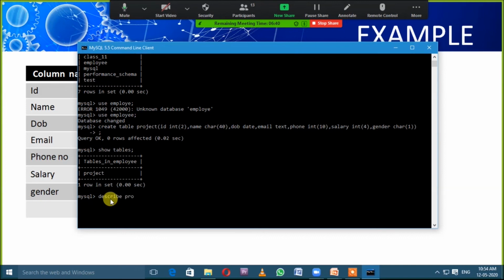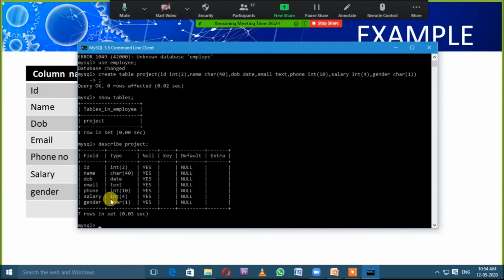Our table name is project, termination. Remember this, I am telling you again and again: whenever we write a new query, we need to put the termination and hit enter. So look here, it is displaying the structure of the table.